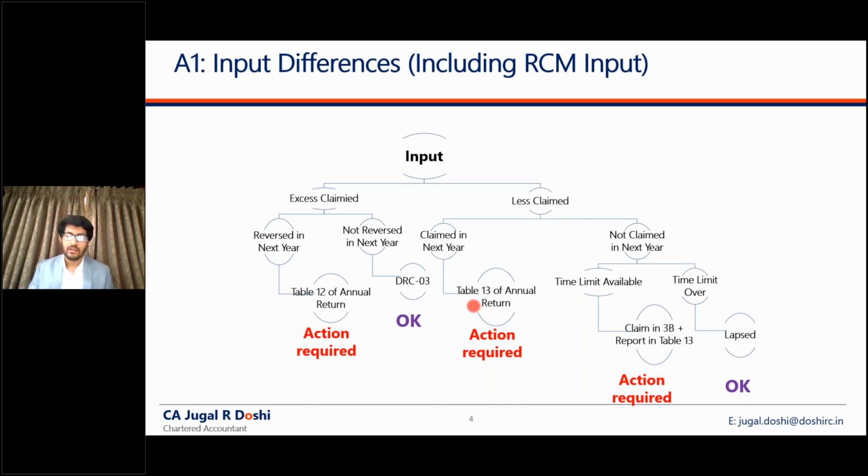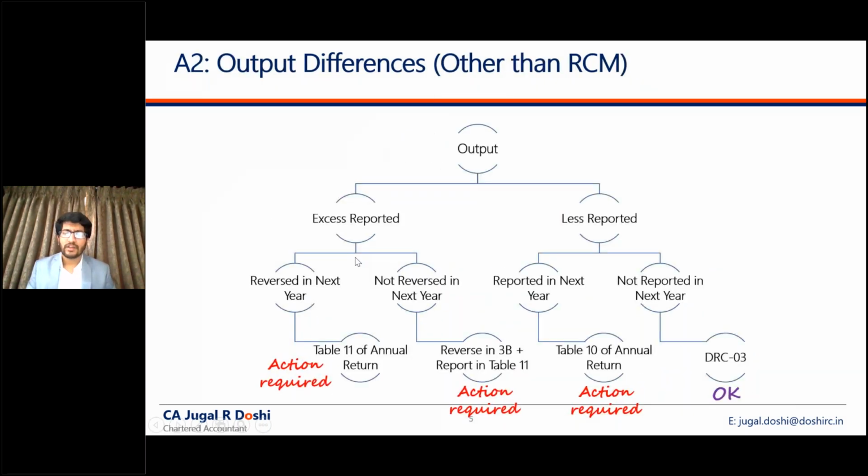Now moving forward to differences in outward supply. In outward supply, the amount which is auto-populated, or which is to be considered for GSTR 9C, is the amount as per table 9 plus 10 minus 11. Hence, we know that the data which is inserted in tables 10 and 11 is of relevance and is being taken cognizance of, is being considered.